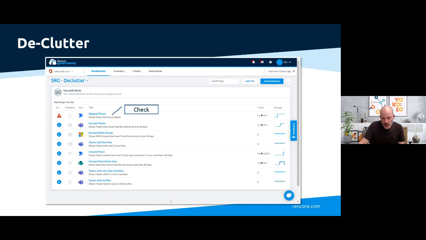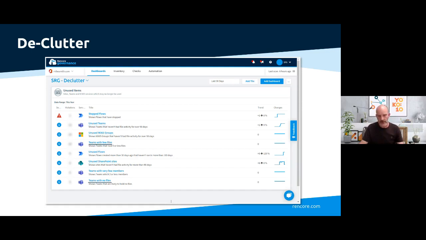So, moving on to the dashboard itself. To start with, we've got some checks which look for the items or repositories which have been created but no longer have any activity. Either they've been created and never used, or they were used but they're not used anymore. So here we're thinking about, can they be deleted? Can they be archived? Do we need to have these items within the environment? Of course, anything you've got in there that you don't need is just additional administration and potentially data or security issues as well.